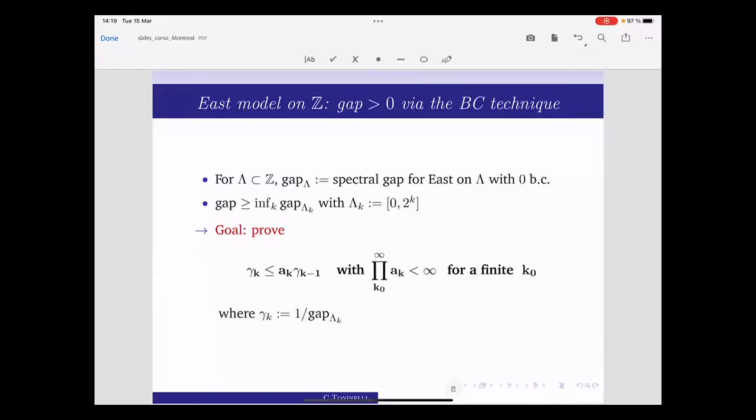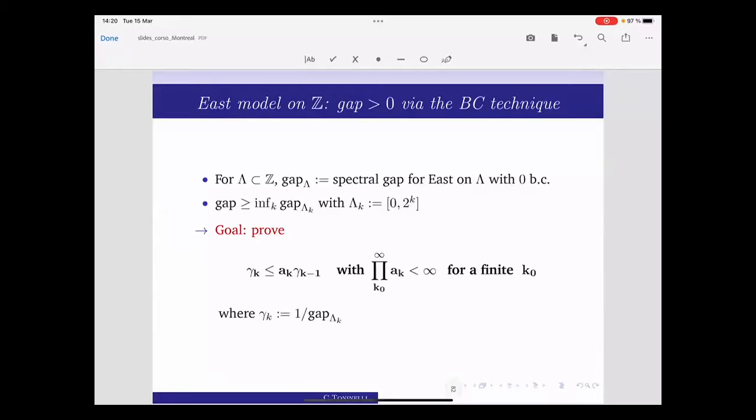Okay, so I can always use a standard procedure to go from the infinite volume to the finite volume, provided, and I have this lower bound, provided I can control uniformly on increasing volumes the value of the spectral gap. I can bound it away from 0. Okay, so our goal will be to prove that